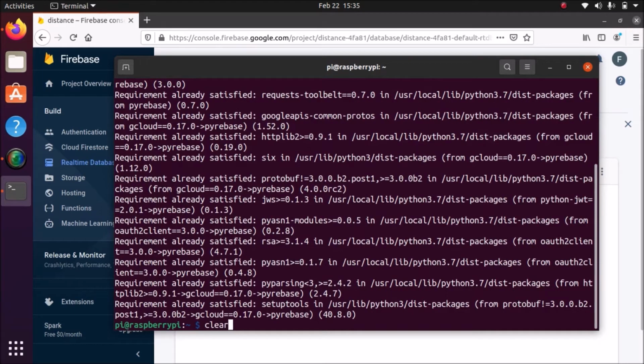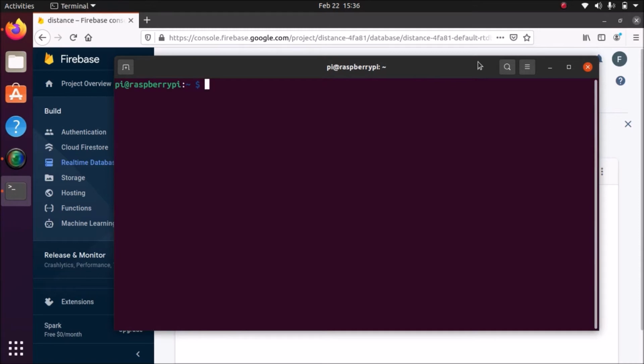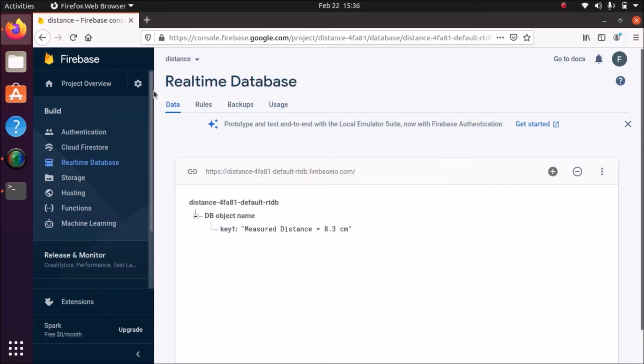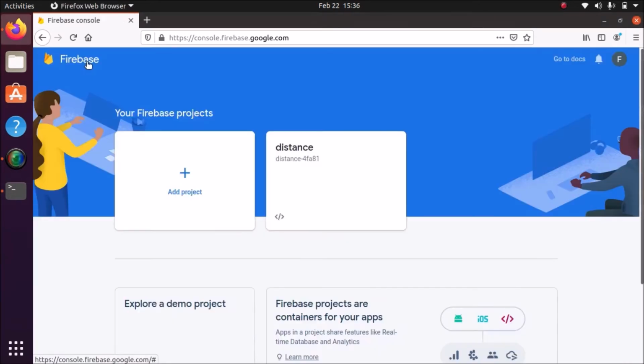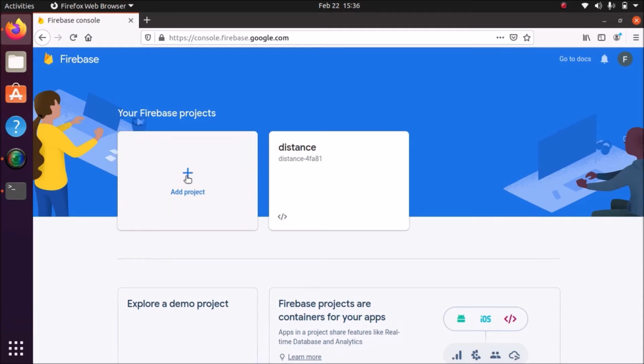Okay friends, now go to the Firebase website and create an account with your Gmail ID. Then we are going to set up a new project, so simply click on add project.